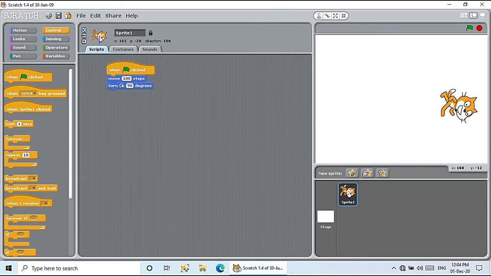Now if I do, this is my sprite, just now it is tilted. If I click on green flag, it should move 100 steps and then turn 90 degree. See here, I do it, it has moved it 100 steps and then turned 90 degree. If I have to stop my animation, supposing I have made a big project, just now the project is small enough, and if I want to stop everything, I can click on this red button.